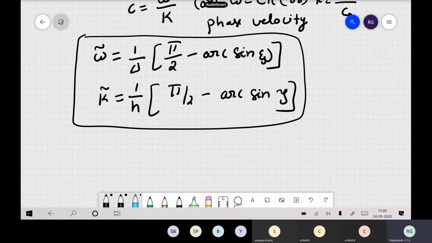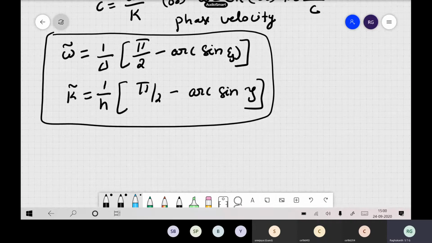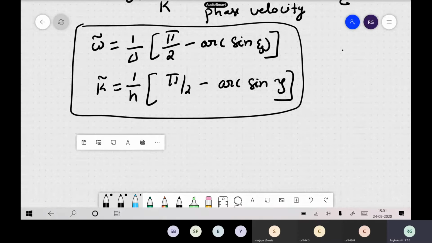Like yesterday's class, we have seen that if you take 10 samples per wavelength, and the original velocity is c, then in our finite difference numerical scheme the phase velocity will be 0.9 times c. You followed, right? If the waves have propagated up to 100 kilometers, in your finite difference approach the waves will not even reach 100 kilometers. In that time, they would have come up to only 98 kilometers. So as the distance increases, your errors also increase. That's a very important thing we have seen in our last class.